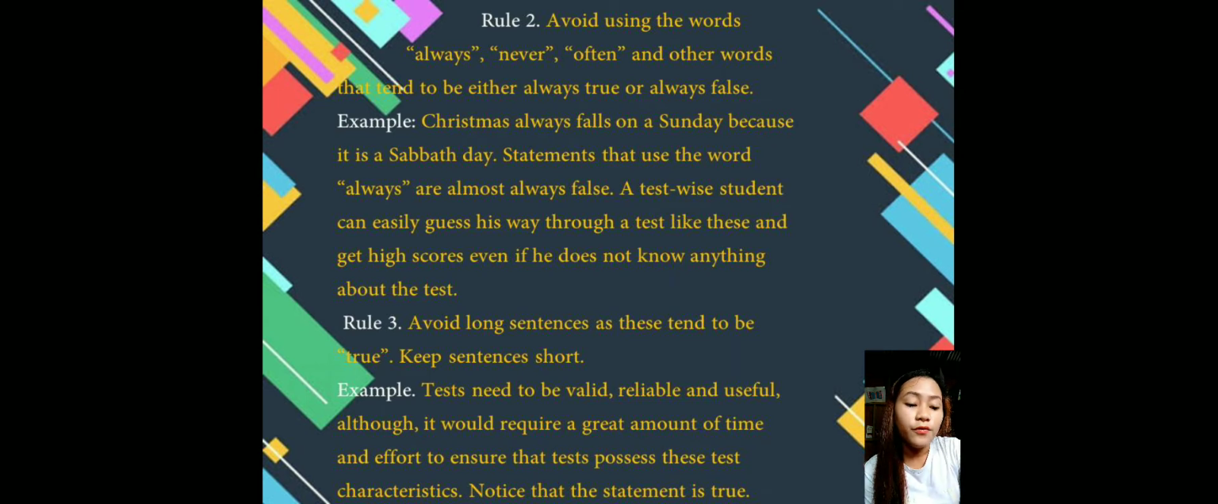Rule number 3, avoid long sentences, as these tend to be true. Keep sentences short. So, when you're going to construct a sentence which is true, you need to use a short sentence but meaningful, that is reliable. Next is about